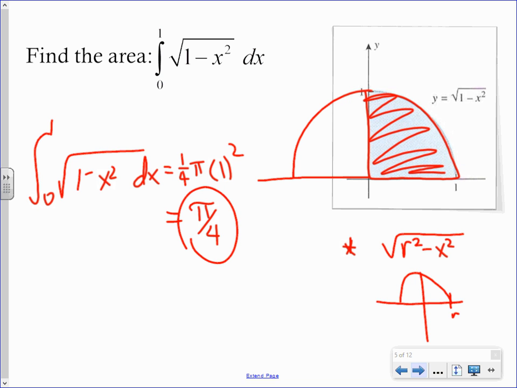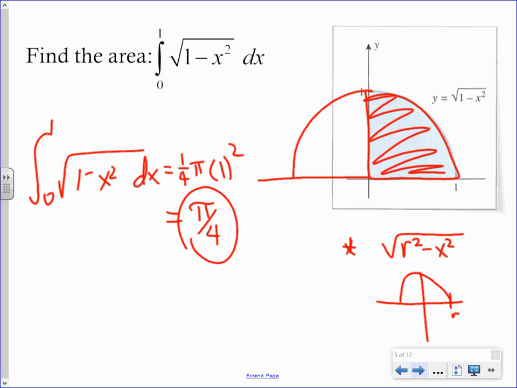Okay? Which is actually good because we don't have a way right now in this class of taking that antiderivative. Okay? So geometry is the only way we're going to be able to do it. Okay? I need you to be able to recognize a semicircle. I really do. It's going to help you a lot. Obviously in this section, on the quiz, on the test, but from here on out,